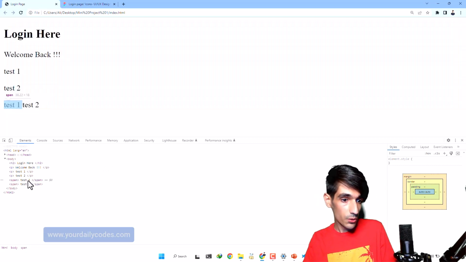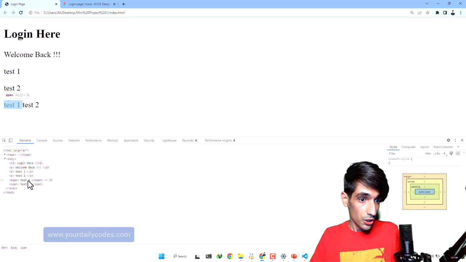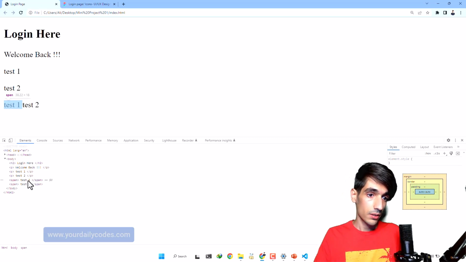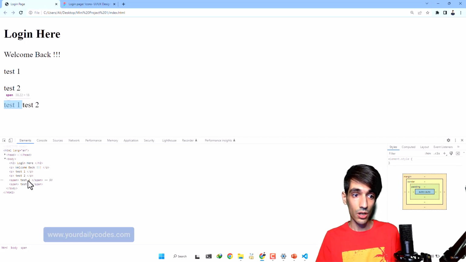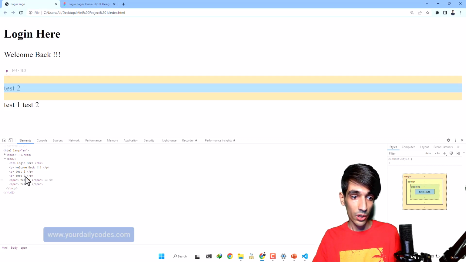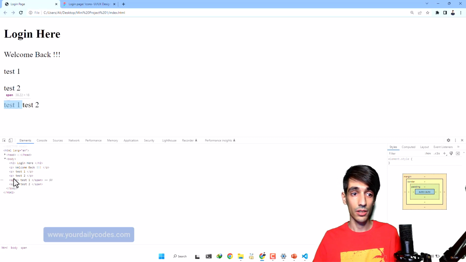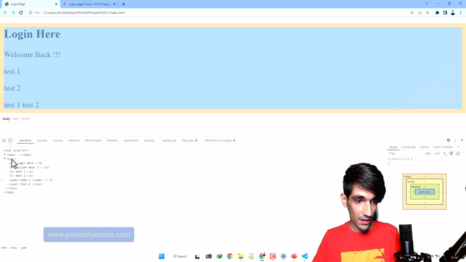So as you can see, when I hover on this span, you can see a blue space there, which shows us how much space this element has occupied. When I hover on this test, you can see the blue area, which means this p tag has occupied 100% of its parent. What is its parent?